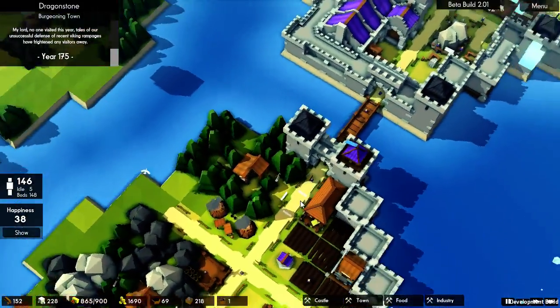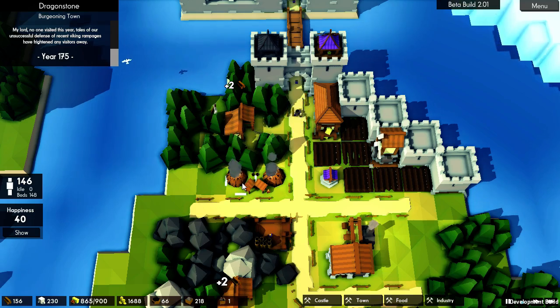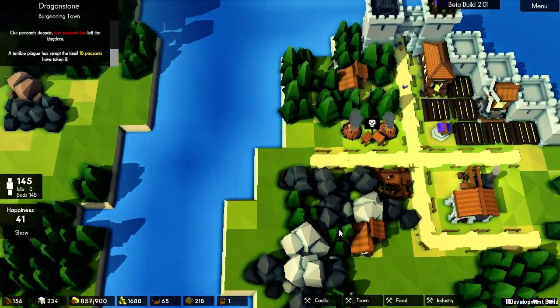I was going to say there, but that's got a tree in it. And looking back, this square was empty for quite a while, and then a tree suddenly appeared in it just as I was building that. So it might be now the case that trees can grow again, which would be fantastic because we've had so many get knocked down by...